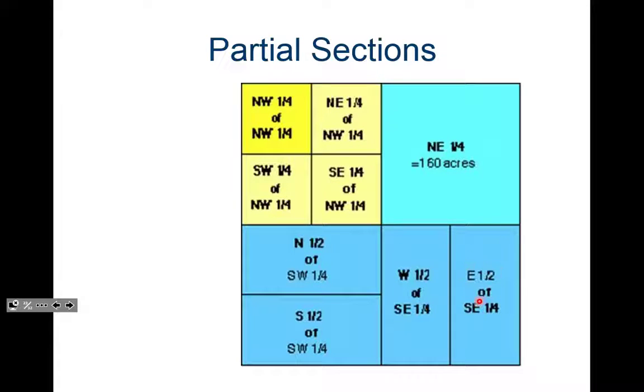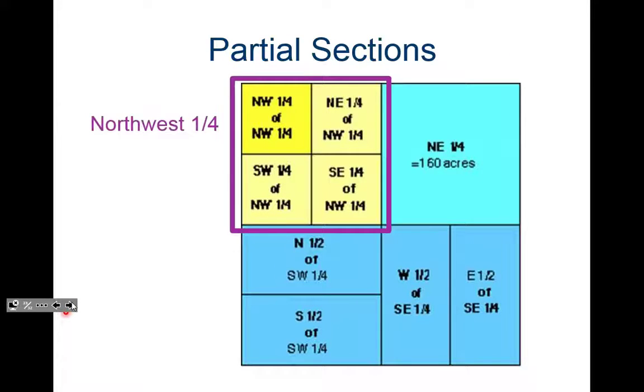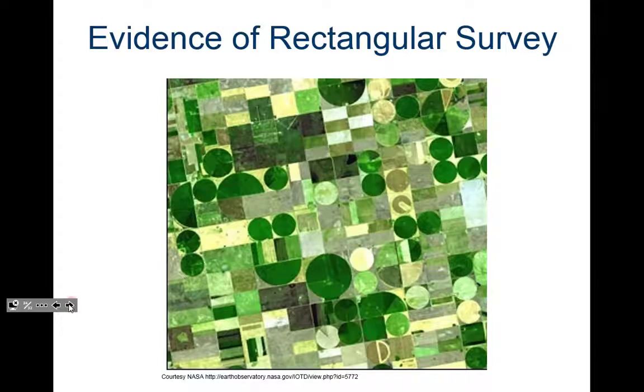This one is the east half of the southeast quarter of this entire section. Northwest quarter, and then you just go through an example. This is a great picture because you see this a lot if you've flown on a plane. Especially, well, really everywhere, but especially in less mountainous regions. If you've flown over parts of the South or the Midwest or back east, you'll see these very rectangular sections,